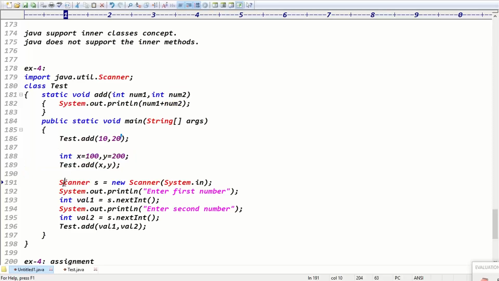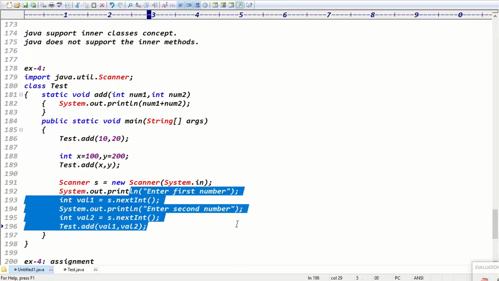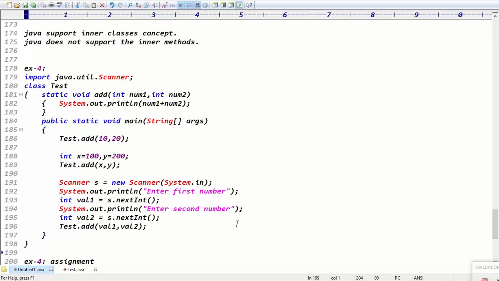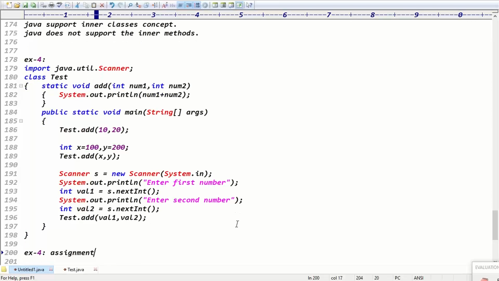And approach 3 is what? Guess what approach 3 is here. I can take the input from the end user. Enter the first number, I'm storing the value. Enter the second number, storing the value, and I'm passing those values to the add method arguments, right? This is very simple. Approach one is directly passing constants. Approach two, if you have some variables, you can pass those variables. Approach three, we can take the input from the end user and pass the data, right? Guys, are you clear about that example? If explanation is required, try to check the example once.